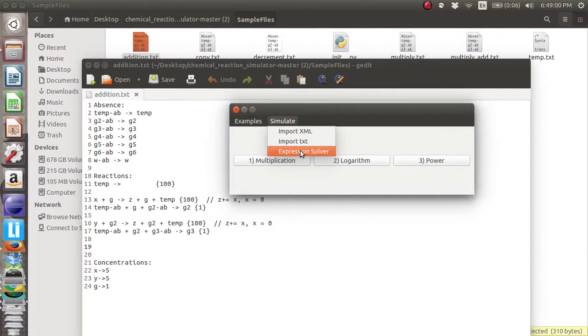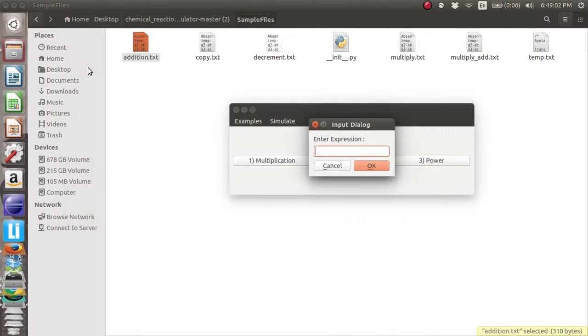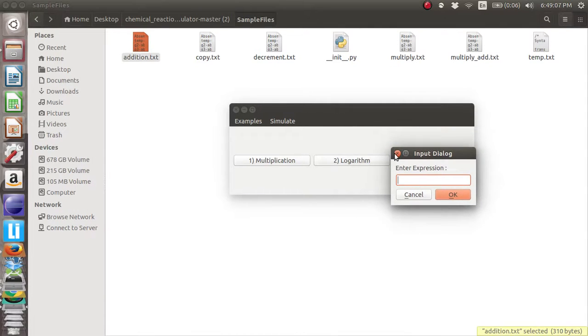The most important use case of our software is the expression solver. Suppose I want to solve 4 plus 5 multiplied by 10. As our expression solver has no inbuilt parser, whatever arithmetic operation comes first gets solved first.